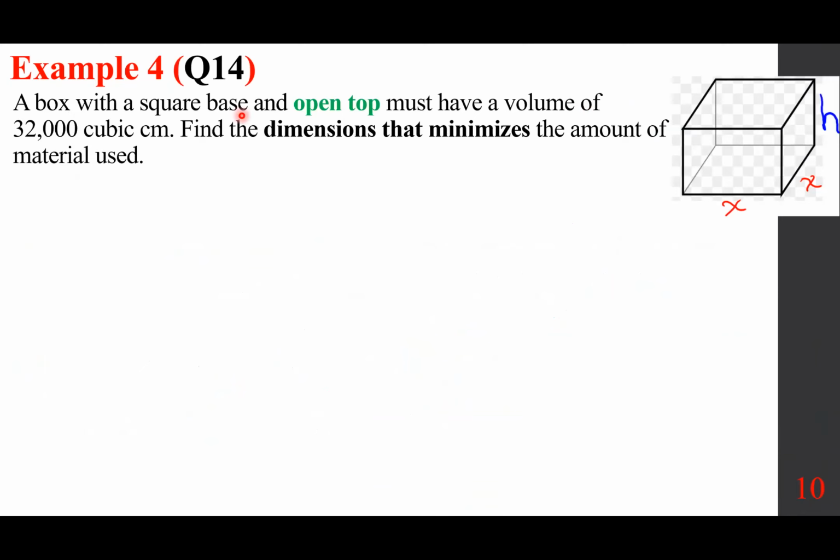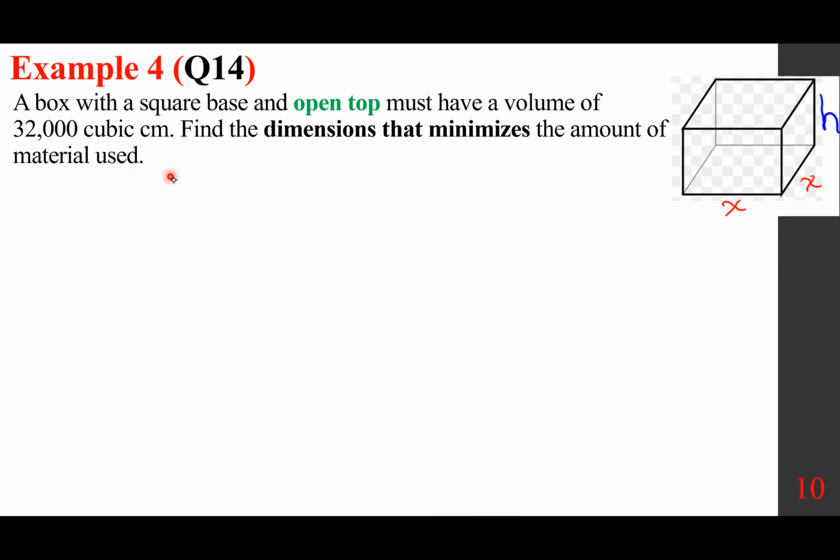A box with a square base and open top must have a volume of 32,000 cubic centimeters. Find the dimensions that minimize the amount of material used. Because of the cost, perhaps, we want to minimize the amount of material. So first, I want to give you a piece of information and remind you of what we have learned in